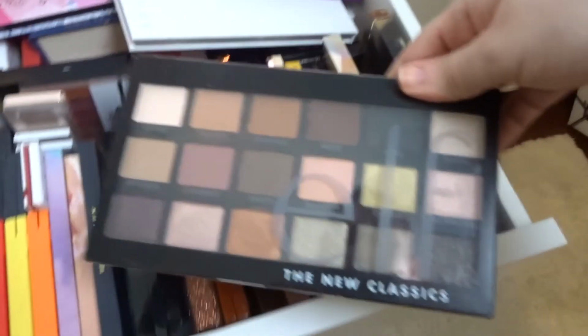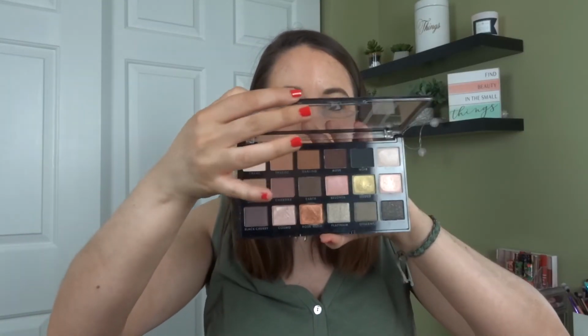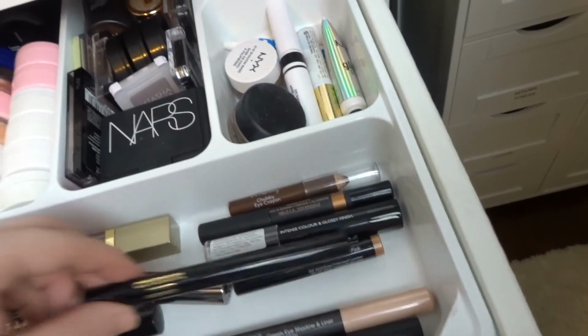I also wanted something very neutral, so I went the opposite side of the spectrum with the e.l.f. New Classics palette for some just nice, easy to wear looks. And then I wanted another pop of color, so I went with the Huda Beauty Coral Obsessions palette, which is also nice and summery. For singles, the first single I went with is the